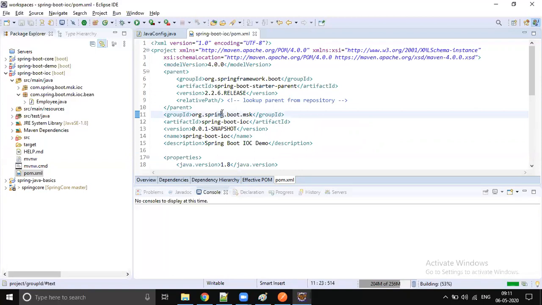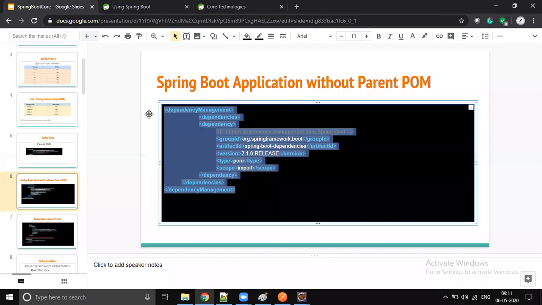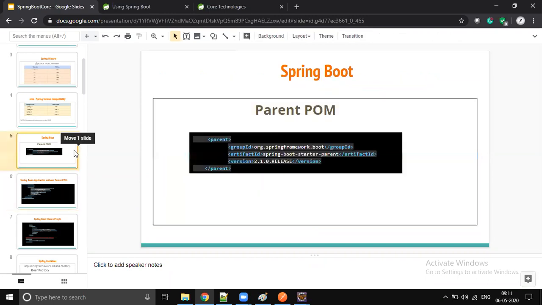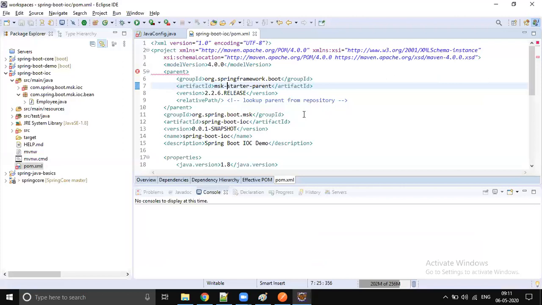In your project, you might have seen that instead of extending the Spring Boot starter project, you might extend an MSK parent. I asked you to do this MSK starter parent. This works fine because my MSK starter parent is a child, and there I add this dependency management in my own parent.